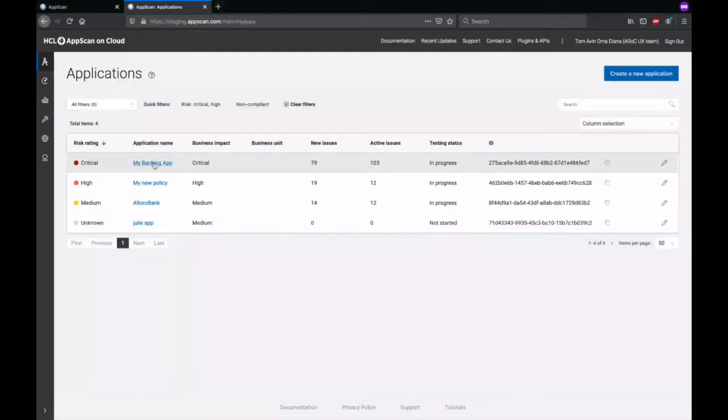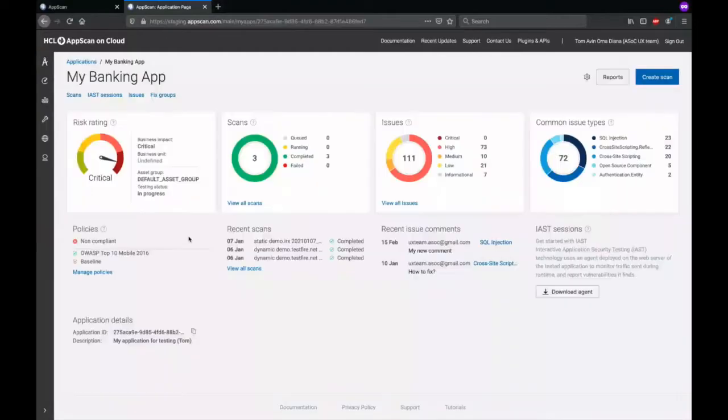And this, what you can see here, is completely new. We have this overview dashboard of the status of the application, the risk rating, testing status, scans, recent scans, issues according to severity, according to common issue types, recent comments. You can also see which policies were associated with this application and whether or not it is compliant or non-compliant